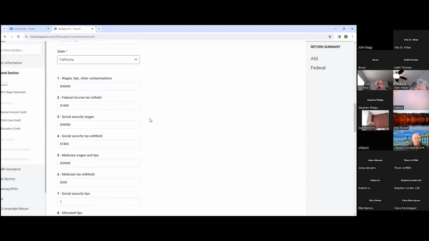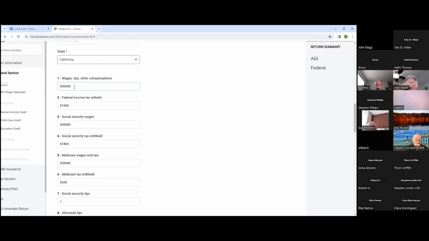Okay. All right. So wages, $30,000, federal income tax withheld. Typically, you're going to see that. Sometimes taxpayers are going to qualify for no tax withheld, but typically you see tax withheld. Once you enter that into the software, it'll roll over to page 2 of the Form 1040. And then your Social Security wages, not everybody pays Social Security. Like, for example, I teach part-time at a few colleges, and I've never paid a penny in Social Security wages to the colleges. So sometimes that'll be blank. But again, for our taxpayer, it's going to be reflected.